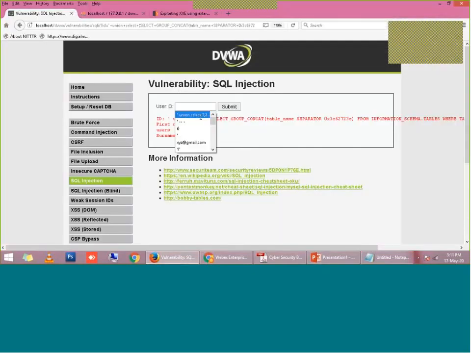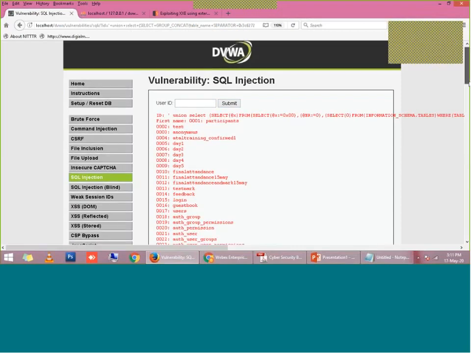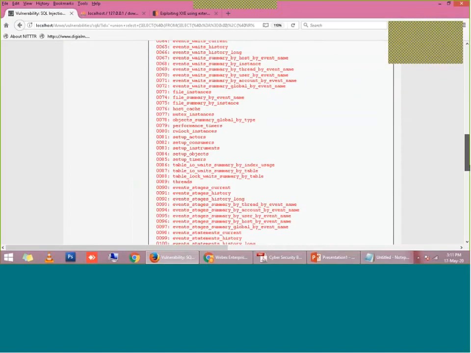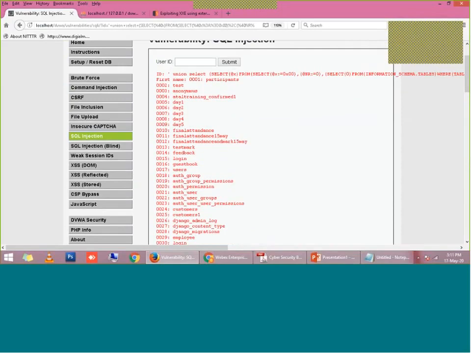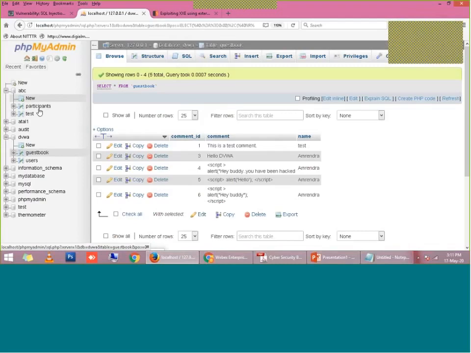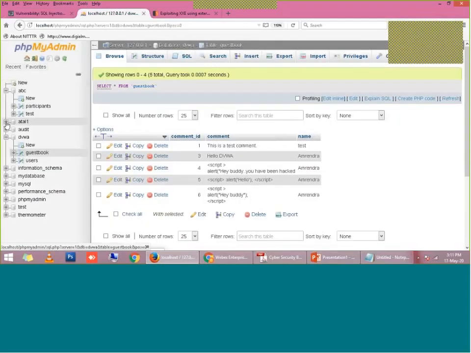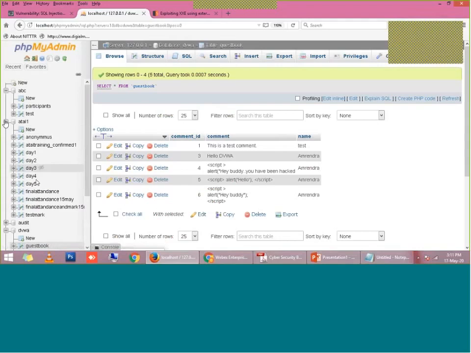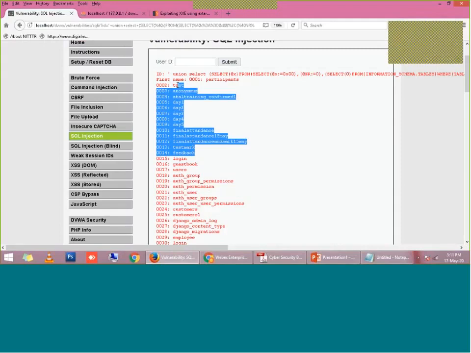Now I am going to fetch the complete table names of the complete database server. When I submit this, it is showing me all the tables of all the databases. So we have 11 databases, and in ABC there are only 2 tables, participant and test. In this other database, it is showing anonymous and these tables. So it is showing all the table names, sitting remotely, right?